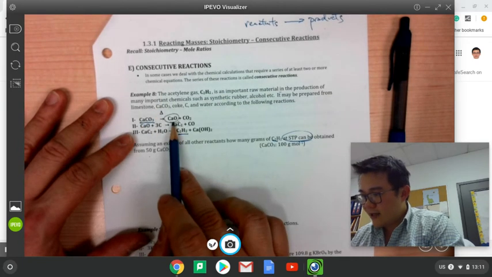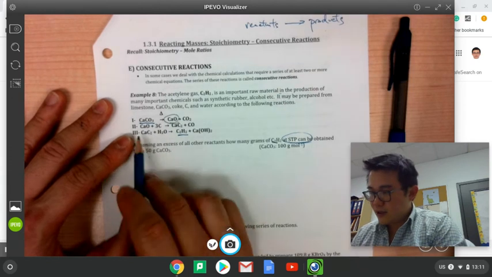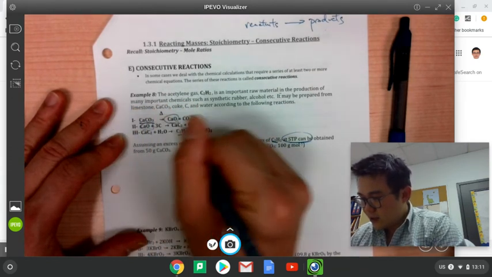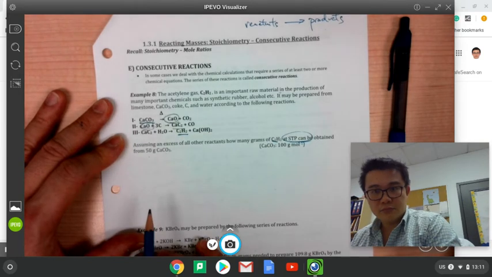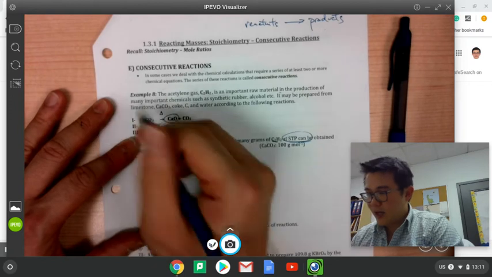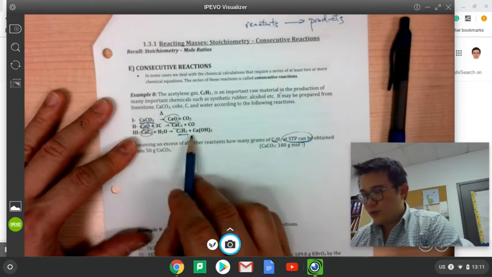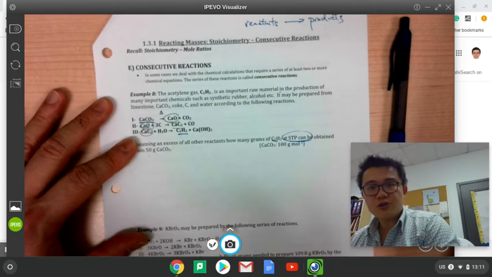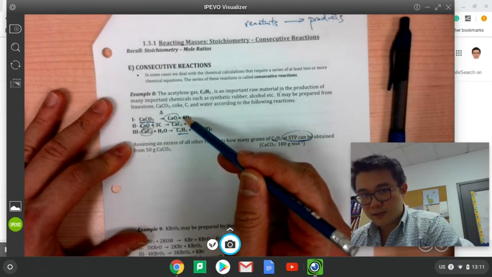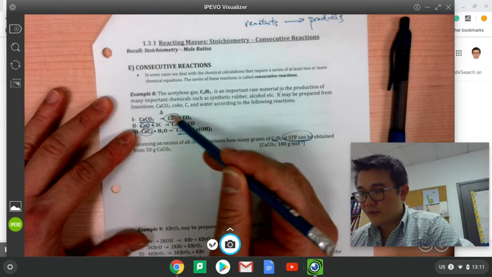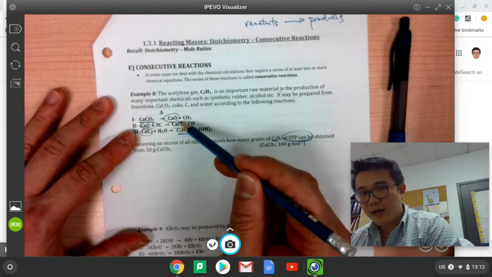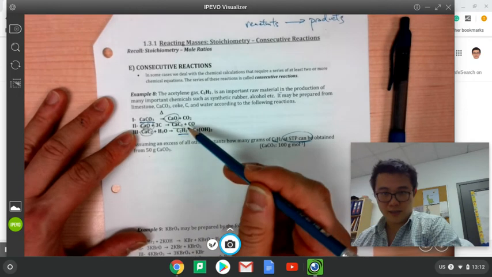After you find out the calcium oxide, you know that the calcium oxide is going to make calcium carbide, CaC2, and then the calcium carbide is going to be used to make this. So essentially, you're really just following from how much of this product is made, and the amount of this product made is going to be used to find the amount of the next product. Okay,